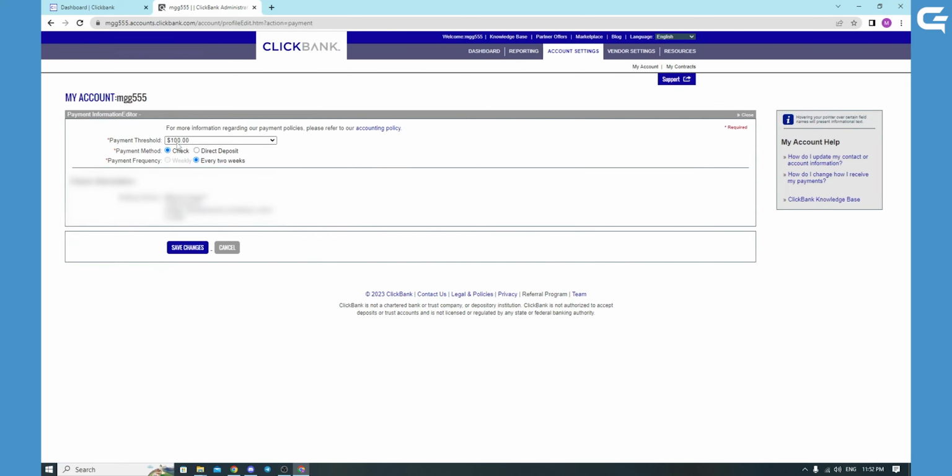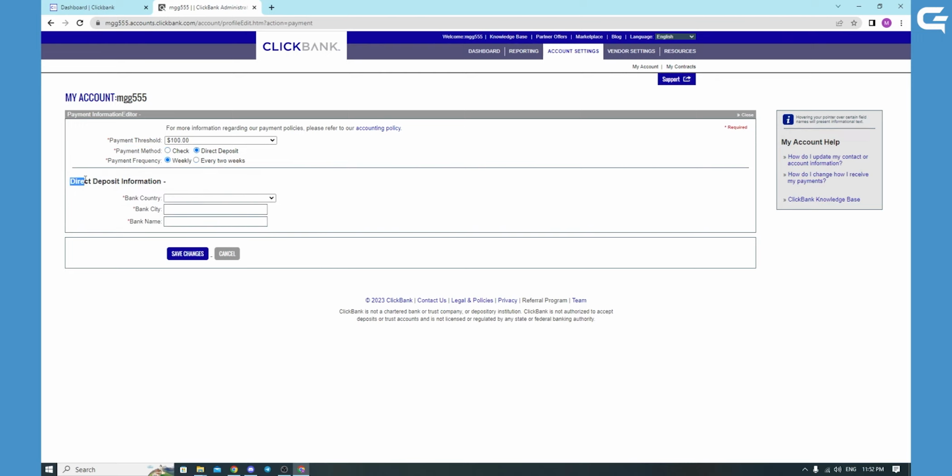When you click edit, you have your payment methods. You will click direct deposit, and when you click direct deposit you will have your direct deposit informations. So when you use Payoneer, when you have your bank on your Payoneer, for example we have United States, you will click the bank country,